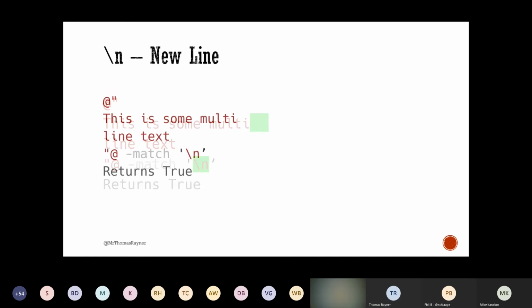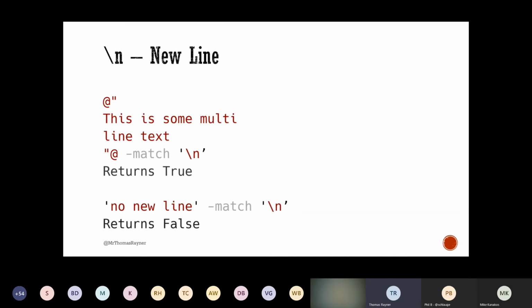All right. Here's one, no new line in this, right? This just ends. There's no line continuation. The end of a line where the string terminates is not a new line character. The end of the thing here is not a new line either. So this returns false because we don't find any new lines there.